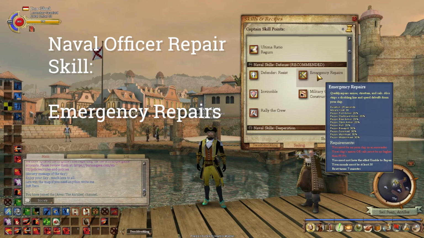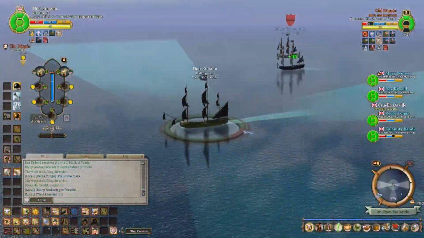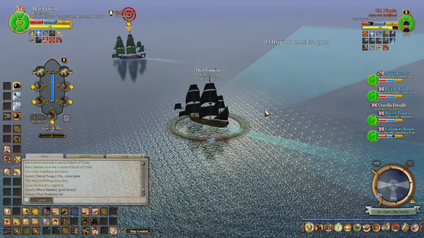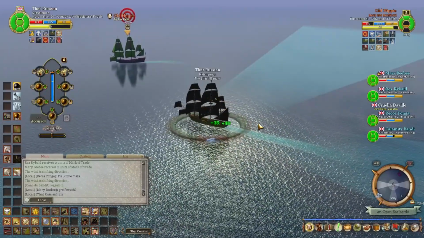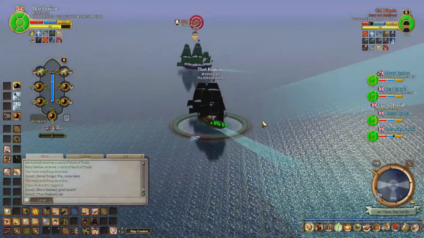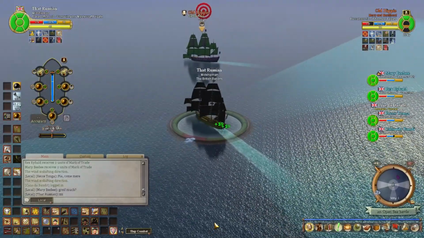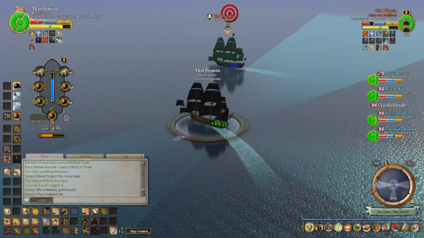as well. One thing that a lot of people didn't know is that it actually will also remove one debuff from you. Now the key here is you have to be actively debuffed. So if you use this before you get hit with the debuff, it's not going to. There's nothing for it to clear. So, for example, if a player gets hit with cut shroud or disable rigging or broken rudder, you can click emergency repairs on the naval officer, and it's going to remove that as well as begin repairing